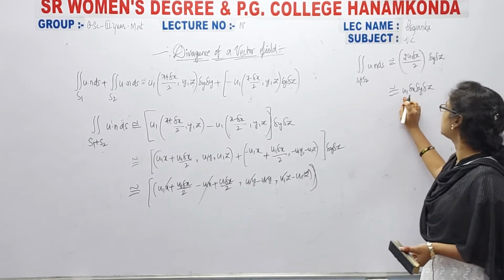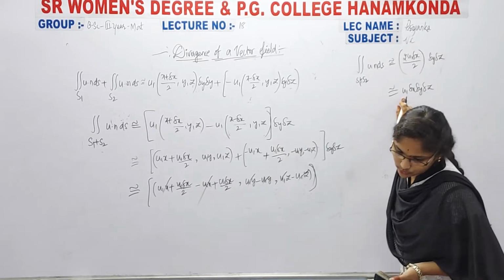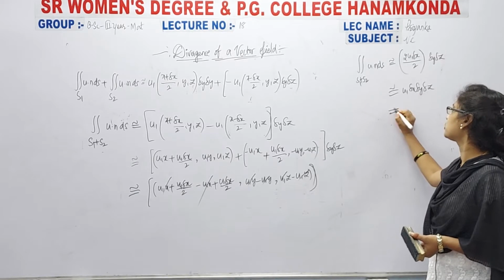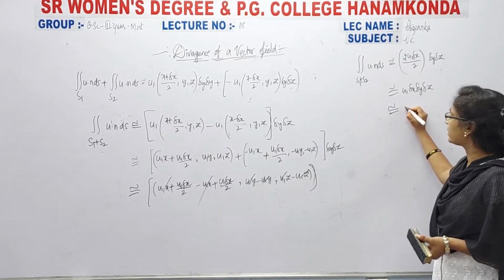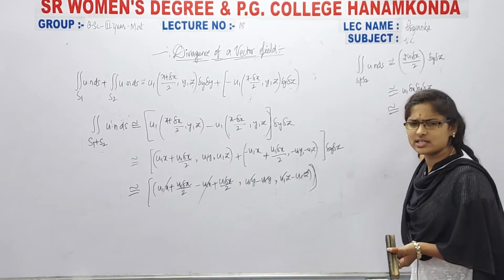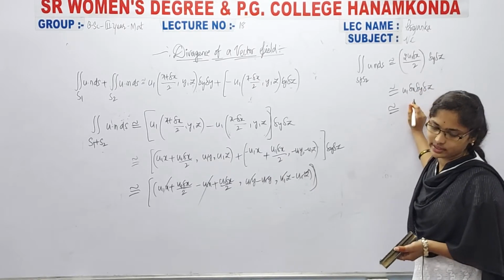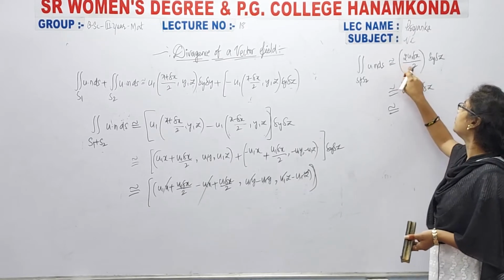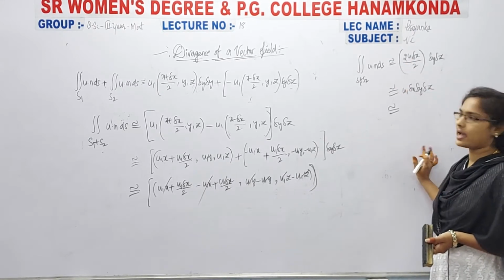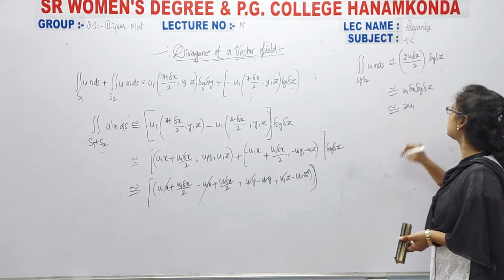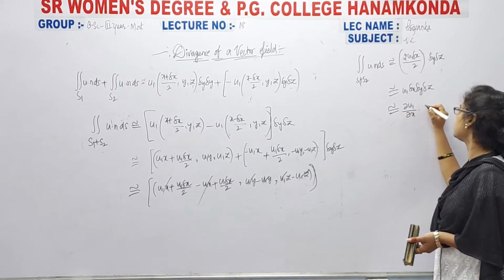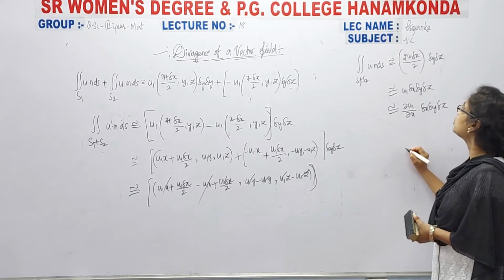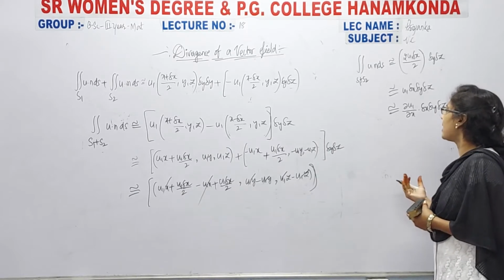So here I am writing this u1 as nothing but ∂u1/∂x. Otherwise you can write it approximately as u1, which is some constant value, and next we have delta x delta y delta z. Now here the 2 get cancelled, and we have u1 delta x. So now I am taking the partial derivative, ∂u1/∂x into delta x into delta y into delta z, okay. Otherwise simply you can take the partial difference.